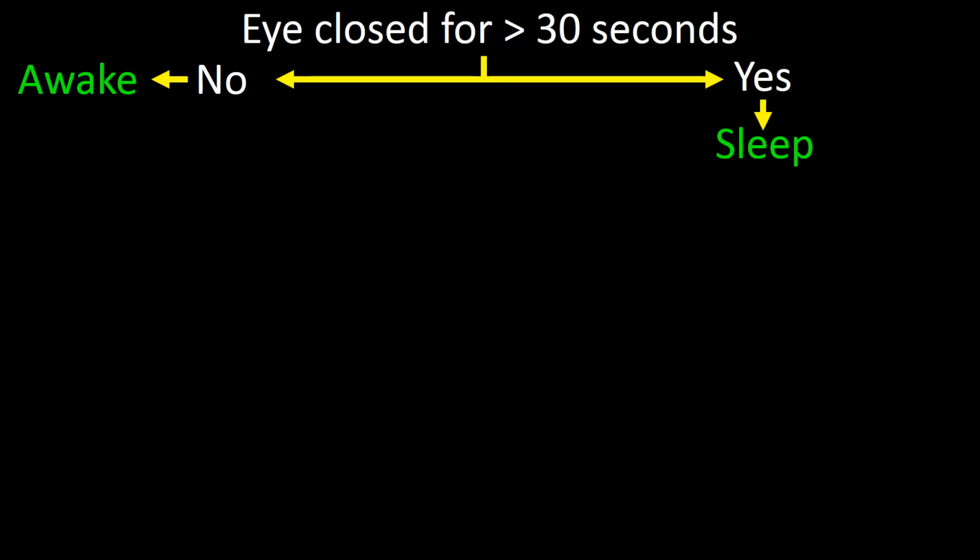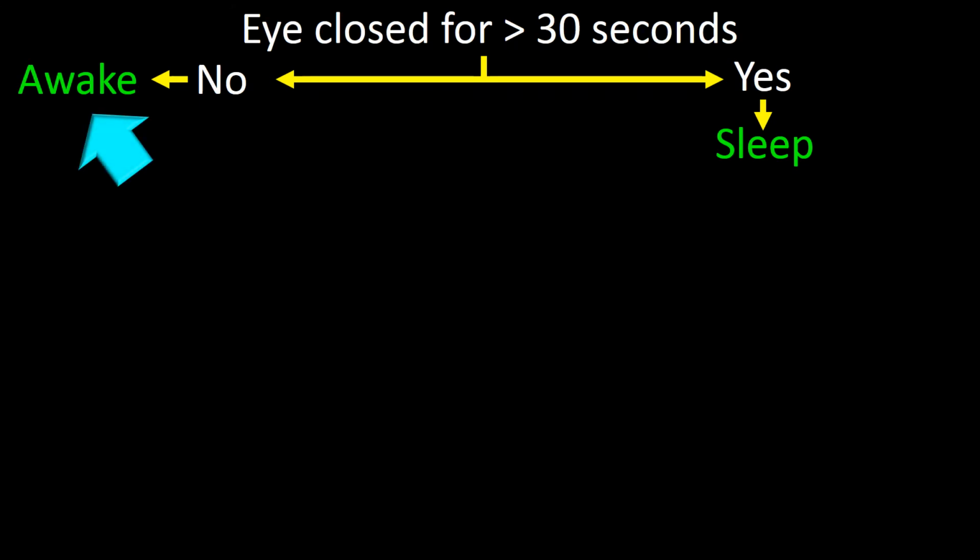The distinction between awake and asleep for neonatal EEG is based on duration of eye closure. If the eyes are closed for more than 30 seconds, we say the patient is asleep. If not, we say the patient is awake. These 2 states, awake and asleep, are the only ones we are able to discern before the conceptional age of 31 weeks. At 31 weeks and thereafter,